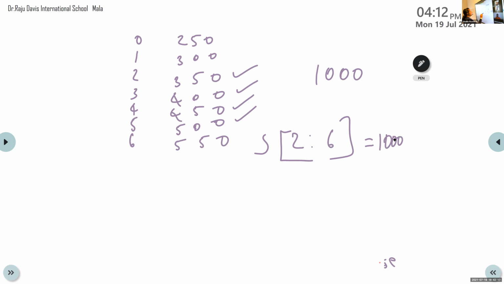Here the starting value is 2, so from 2 onwards till 6, 6 is not included. So the 2 is updated with 1000, 3 is again updated with 1000, 4 with 1000 and 5 also with 1000.